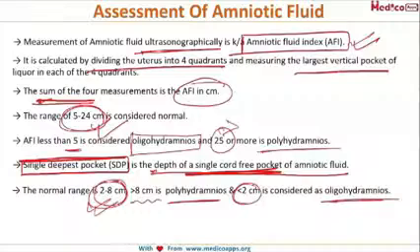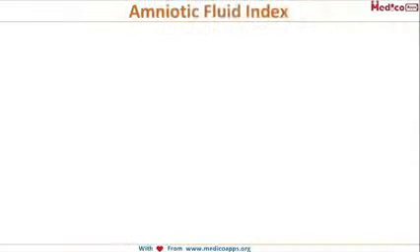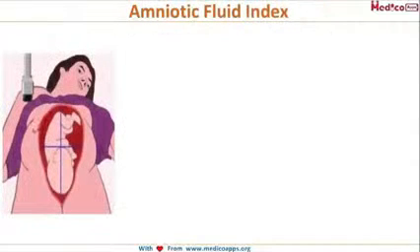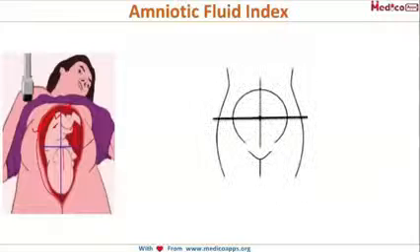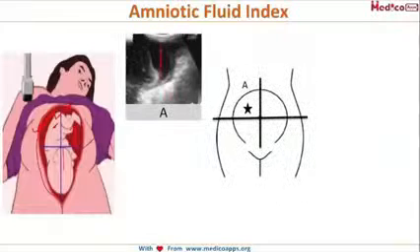Now if you have any confusion that how do we measure this amniotic fluid, you understand this by this diagram. Here this is our uterine cavity and this is our fetus. Now this entire amniotic cavity, we divide it into 4 quadrants by drawing these 2 lines. And in all these quadrants, we measure the single largest vertical pocket that you can see here. This is our single largest vertical pocket. And when we take this for all the 4 quadrants and we add them, then it gives us the